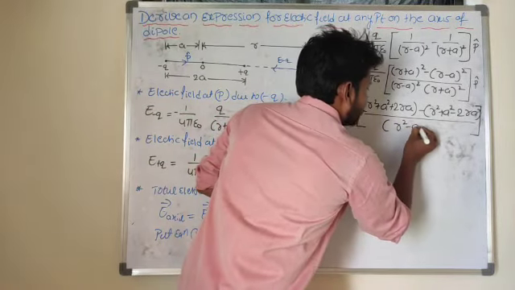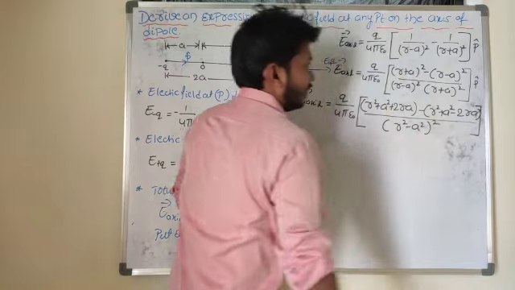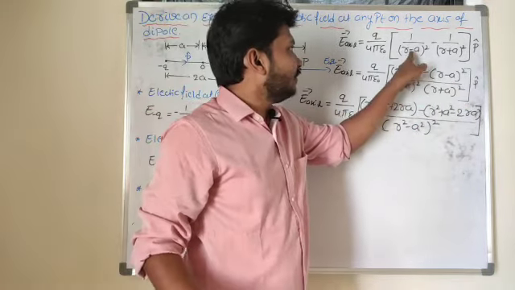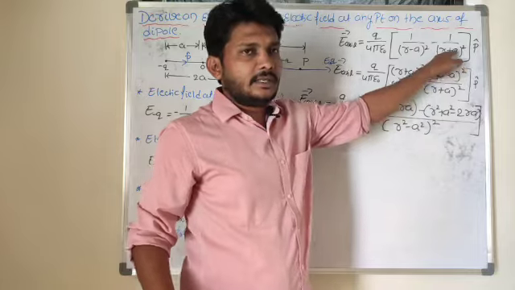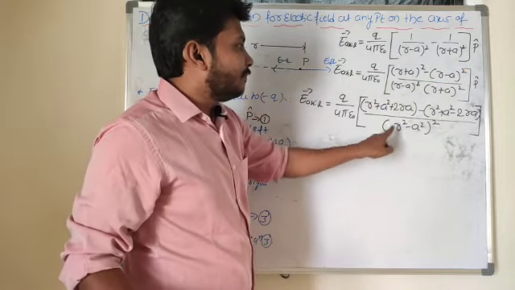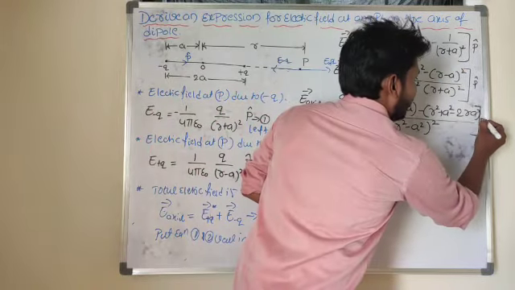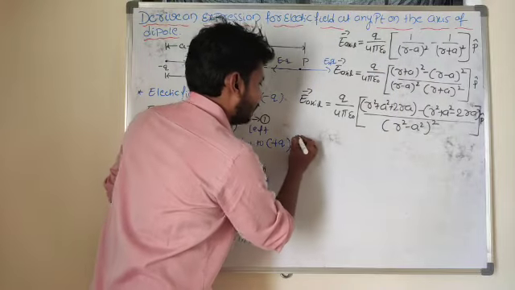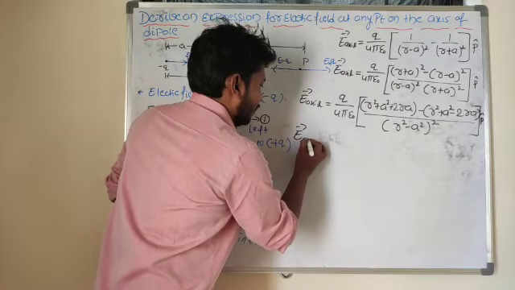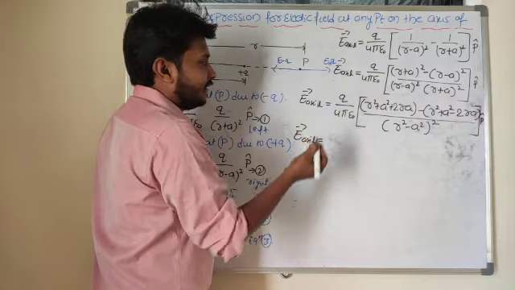So that is (r square minus a square) whole square, so the whole square as it is. So a minus b into a plus b is a square minus b square here, with p cap here. Let me rearrange this equation, electric field at axial line.